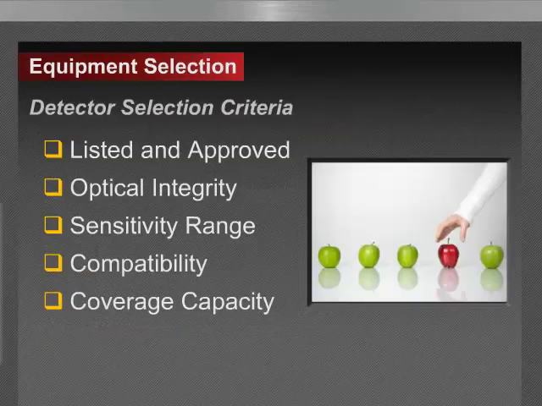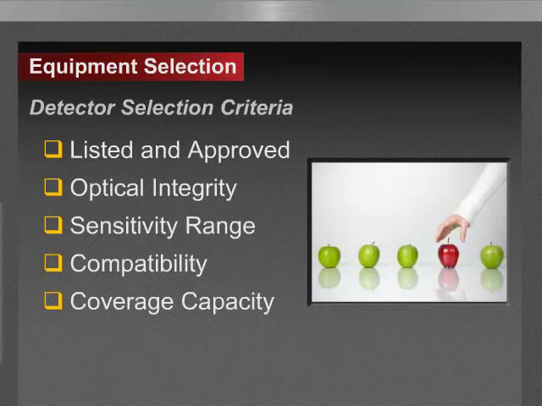All right, so that then brings us to the discussion that we got to have some level of equipment selection. So once site conditions are known and coverage techniques selected, the designer must identify the appropriate aspirating detector to meet the project requirements. So selection criteria should include considerations to, of course, listings and approvals, of course, optical integrity. Consider longevity of the detector and its ability to maintain absolute sensitivity thresholds throughout its operation without the need for recalibration, baselining, or drift compensation techniques, all which can compromise performance objectives of the system.